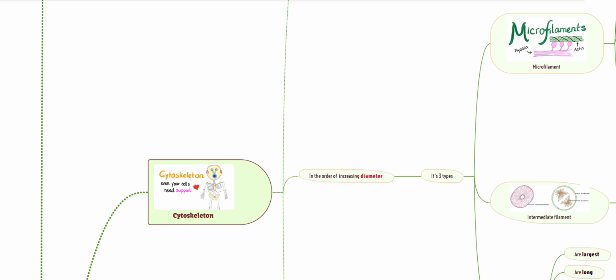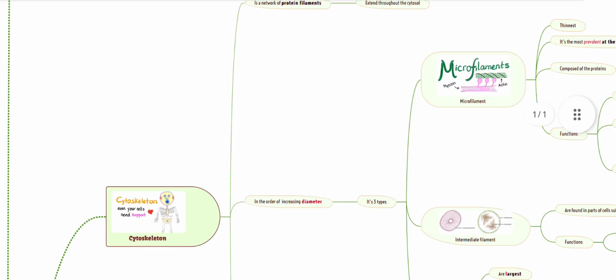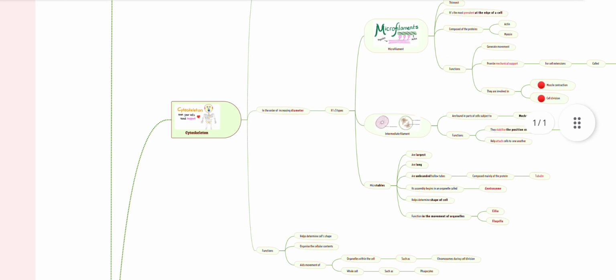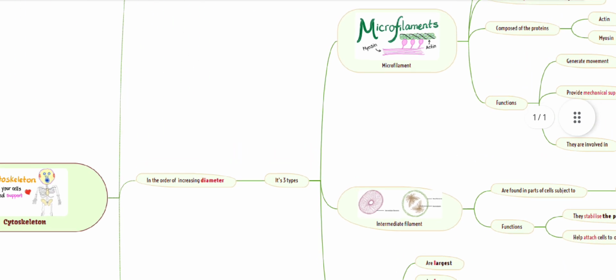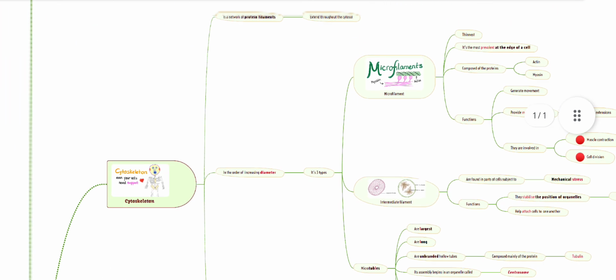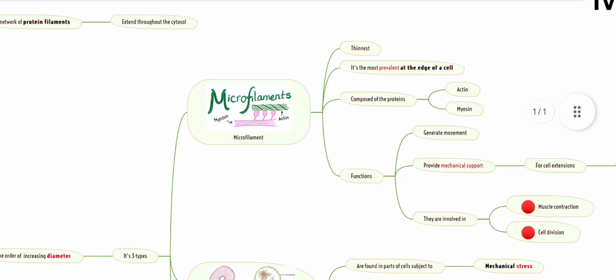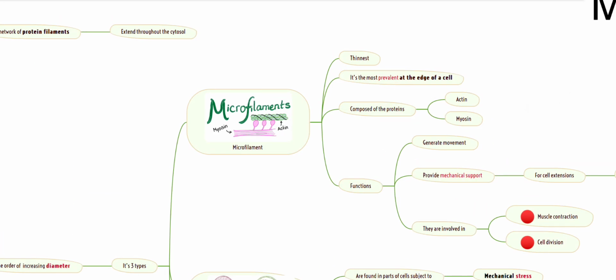It has three main types, in the order of increasing diameter. The first one is microfilaments, then we have intermediate filaments, and then we have microtubules. So now we'll talk about the microfilaments. What are they? They are the thinnest